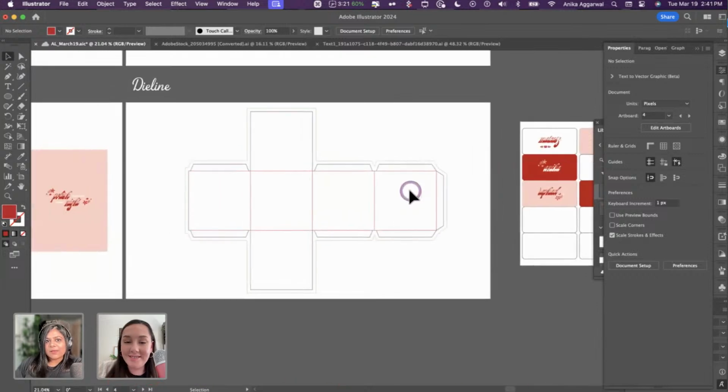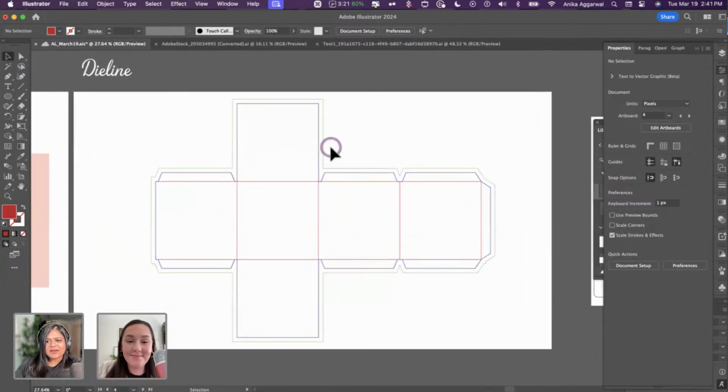And I love that. With that said, what is a die line? I don't know if you all have ever heard of the word die line, but with all the print things that you do with packaging design, think of it as the template or the cookie cutter that you're using.